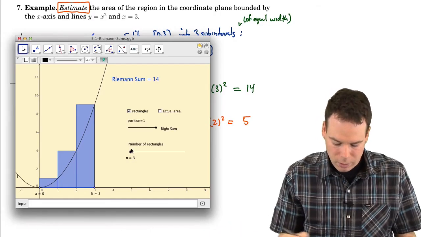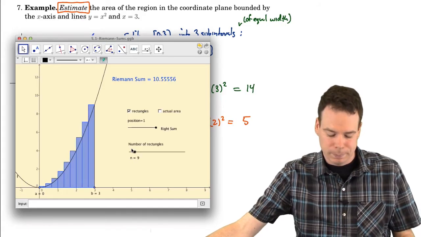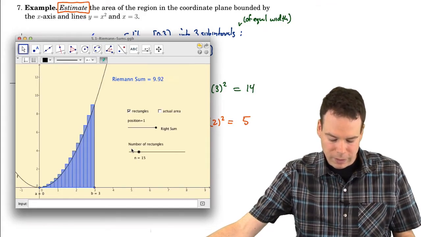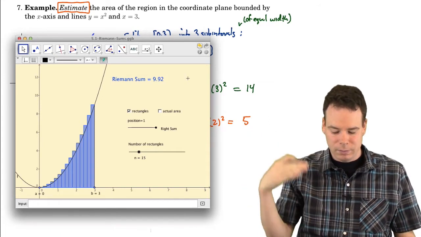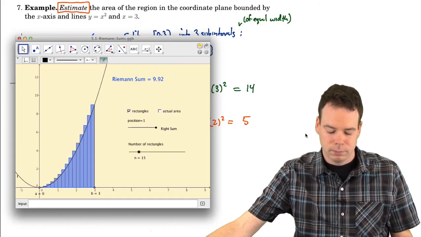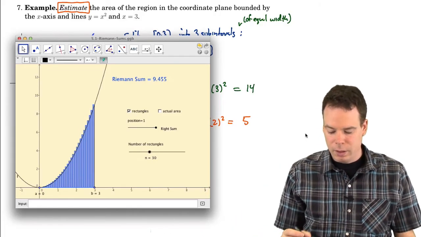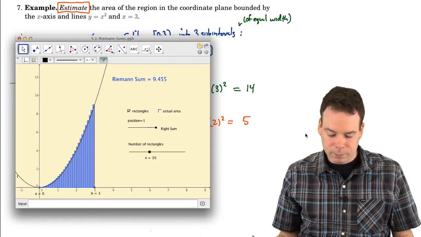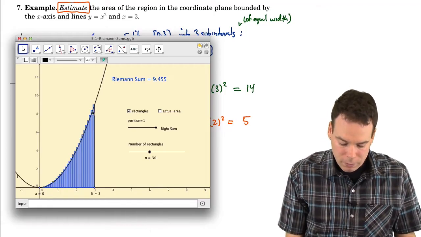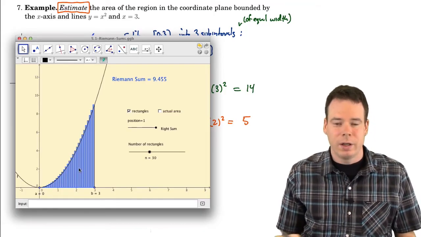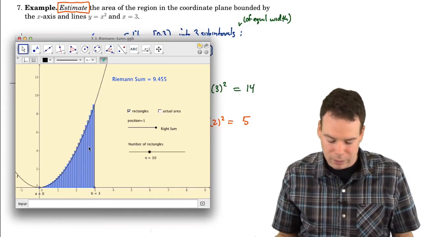So how can we make it better? Well, if I increase the number of rectangles, you can see that the stuff that's overhanging is shrinking. So if I use 15 rectangles, I get a Riemann sum of 9.92. Already we've gone from 14 as an estimate to 9.92. So if I keep going, maybe up to 30 rectangles, I've got an estimate of 9.45. We're getting pretty good estimates here. The more rectangles we use, the better they are at fitting in that region that we're trying to estimate. There's still a little bit of overhang, and that's our error, but they're doing a much better job of approximating